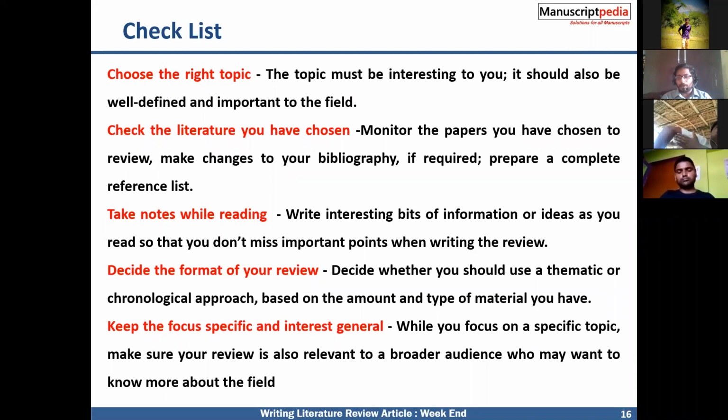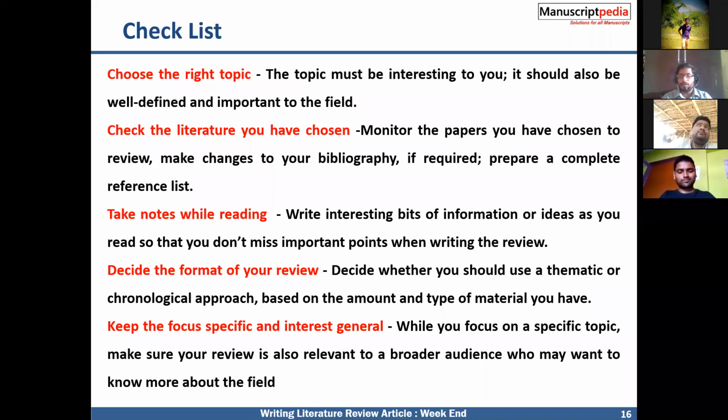Then the format of your review paper is very important. It should be as per the theme, and some journals will have a certain format. In some journals you have to write figure, in some journals it will be like fig. In some journals it will be table or tab. Some journals have a different table template. If you're doing some tabulation, different templates will be there. These all have to be taken care of before you start.